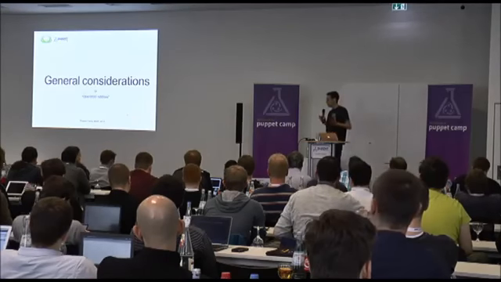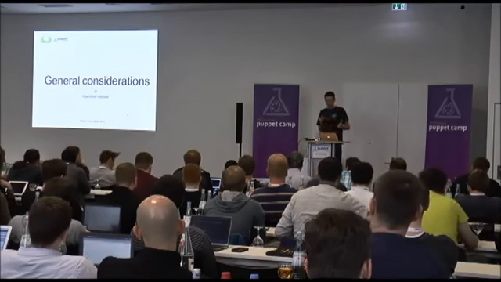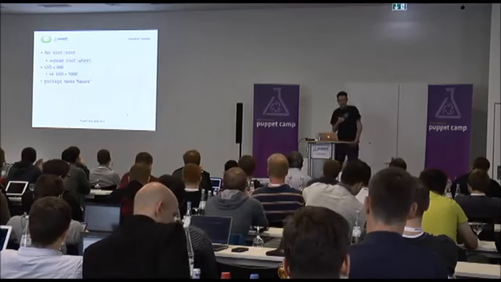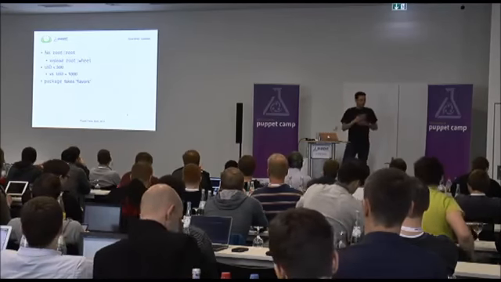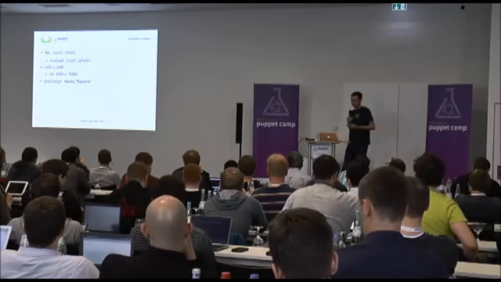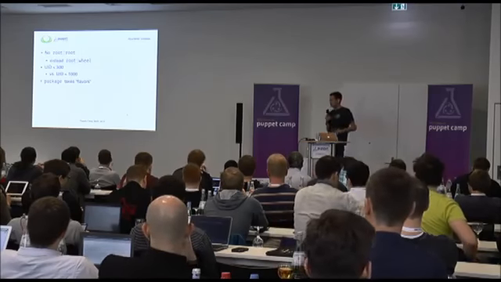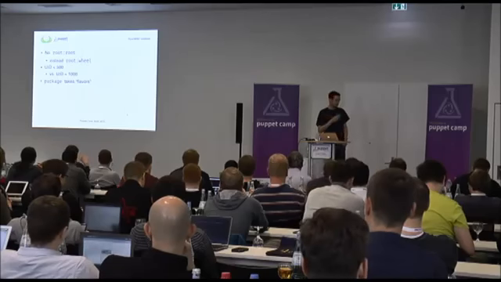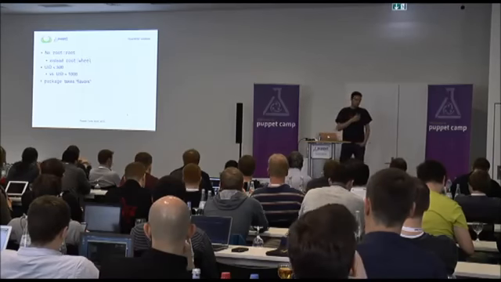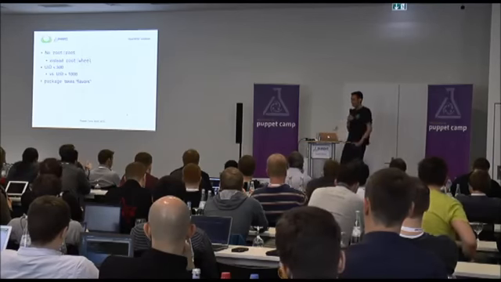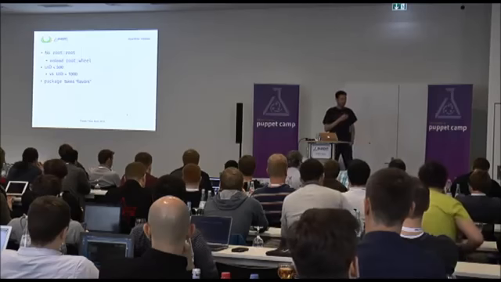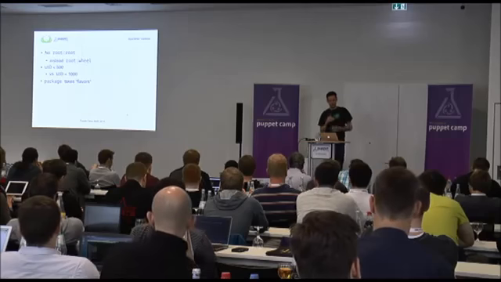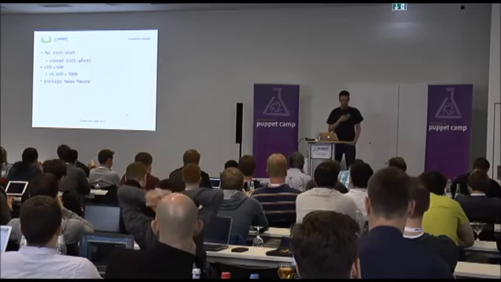So some general considerations, or OpenBSD oddities. When it comes to modules, one thing that is often seen is that they just assume that there would be a root group, which is totally fine on Linux, but on OpenBSD it's not going to fly. There's no root group. There is something identical to it, but it just has a different name. It's called the wheel group.